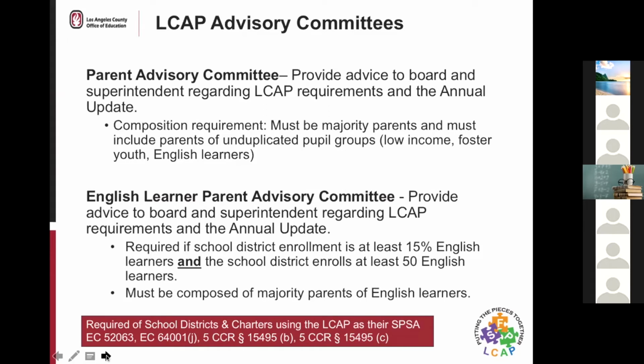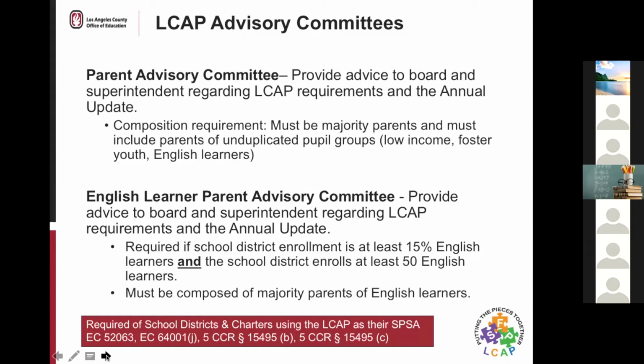So the LCAP Advisory Committee: in terms of the development of the LCAP, there are two required advisory committees that Ed Code requires for LEAs to present as part of their process. And the first one is the Parent Advisory Committee, which must include parents of students who are English learners, foster youth, and low income.